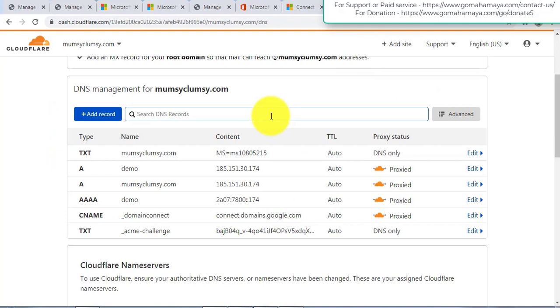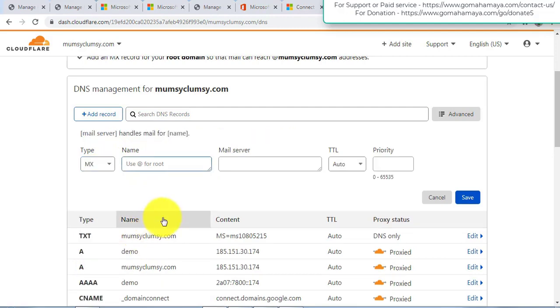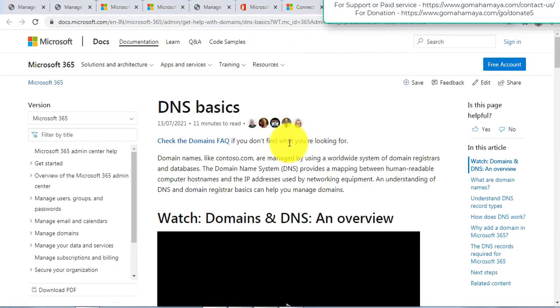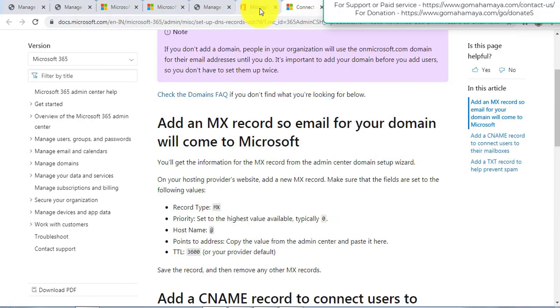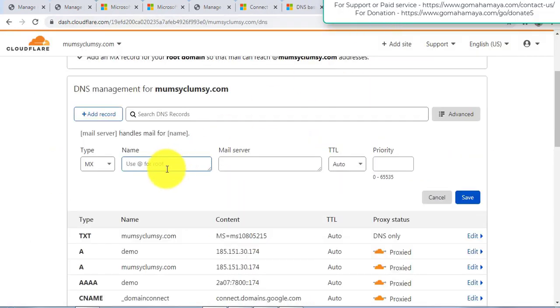I told you, you can use inside your domain provider or inside your cPanel. As I told you, I'm using custom name servers for the Cloudflare, that's why I'm using this one. You should use inside your cPanel. So I'll click on add record, and here I need MX record. So I'll choose MX record, and the first value for the MX record is this one, @. So I have to write @ for the domain.